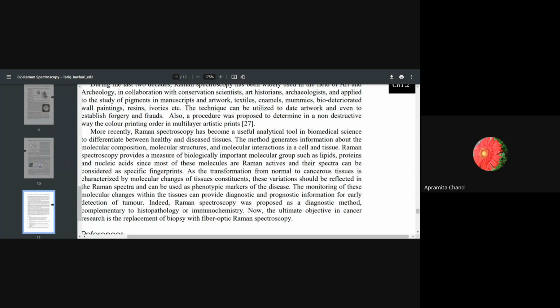of the disease. So now in coupling with other kinds of Raman spectra, particularly fiber optic Raman spectra, you can also replace biopsy for cancer studies, and you can use that in histopathology or immunochemistry. So this is a bird's eye view of Raman spectra,